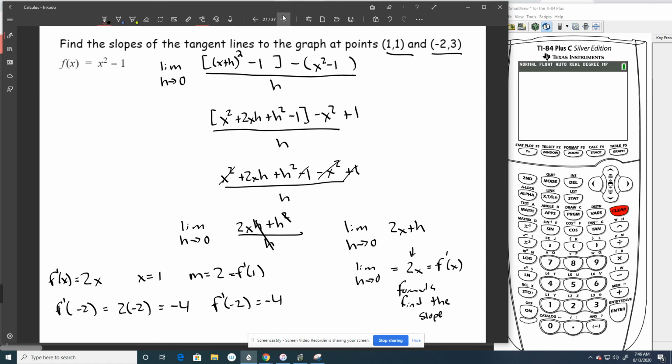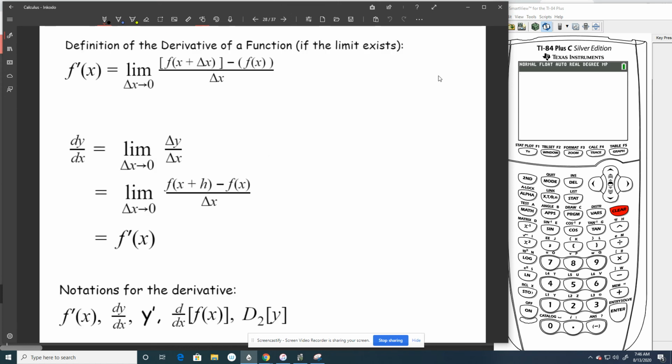All right, so a couple of formulas, a couple of notations that you need to be aware of. So we just found that this f prime of x represents the derivative. That tells us that we're finding the derivative. So the derivative is equal to our limit as our change in x goes to 0 of our